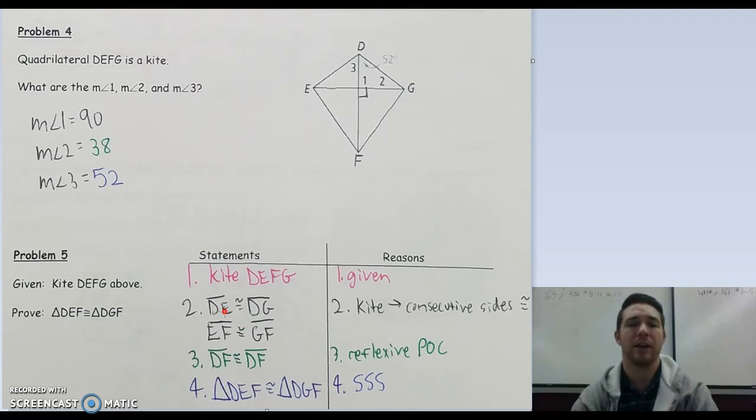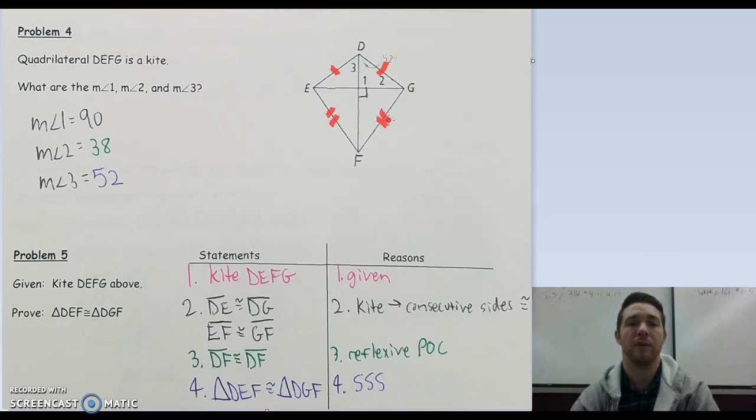So the first thing that I said was based on the fact that we have a kite, that tells us that we have consecutive sides that are congruent. So we know that DE and DG are the same length. We can use that as a congruency. We also know that EF and FG would be another congruency. So that's important because that gives me two pairs of congruent sides to use for those